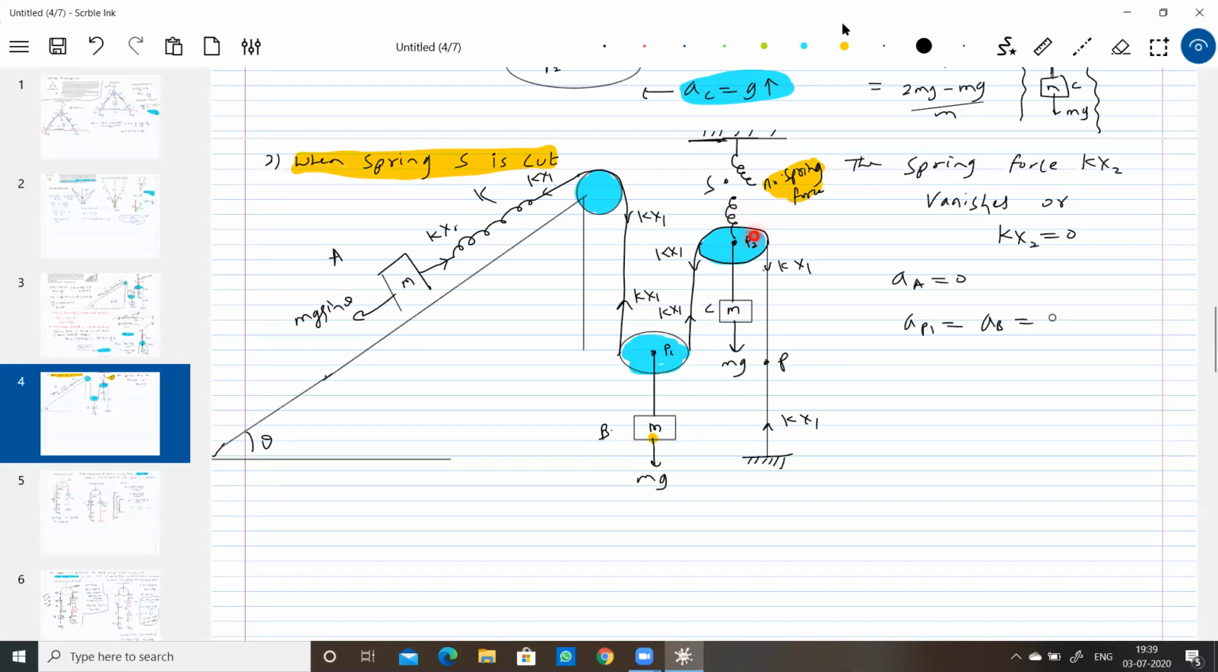So what is the net force on the pulley and the block C? Pulley P2 and block C is downward, no? And the force acting in the rod will become internal. So here, if I show one more diagram,